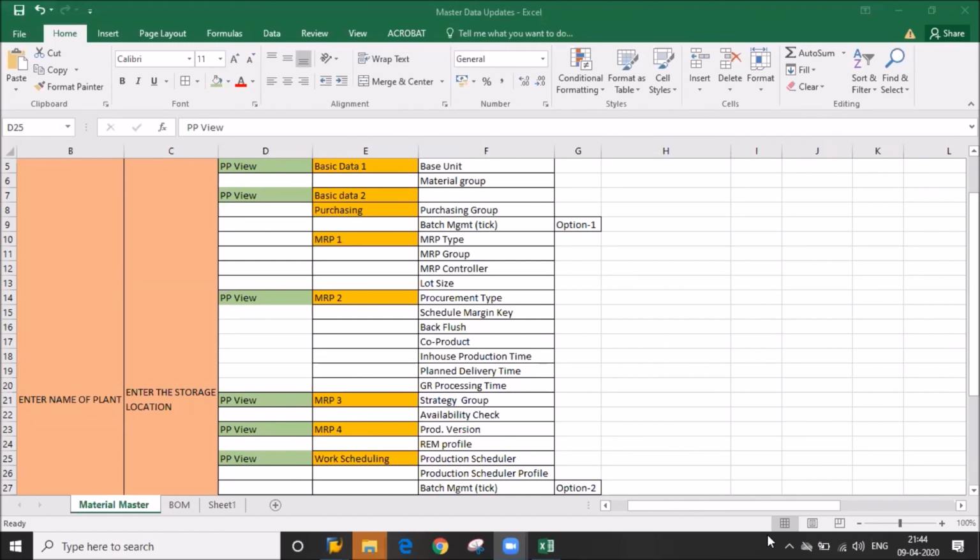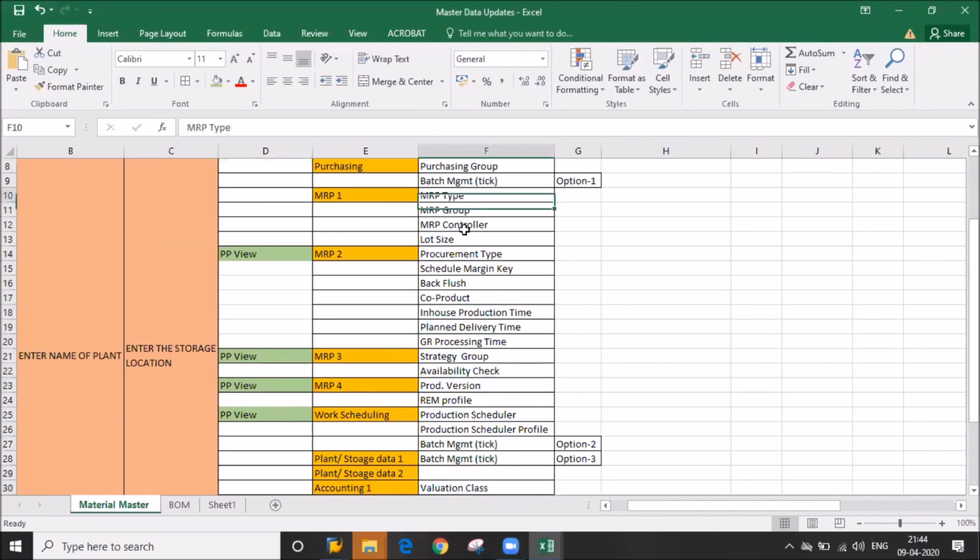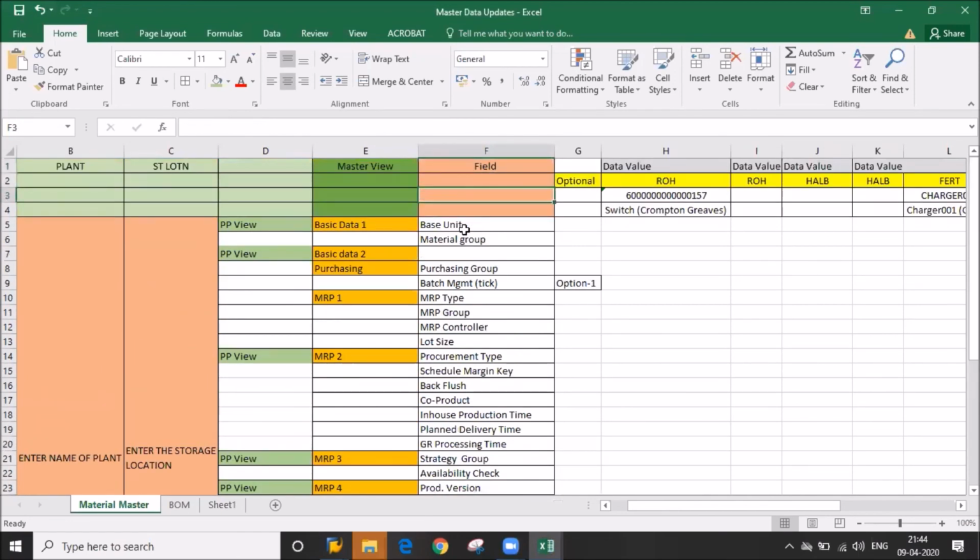But first you try the basics. First create one finished item and one raw material. Okay, first do your basic things. Try to remember all these things, all this data that we are giving. First do one scenario, then only try with multiple.